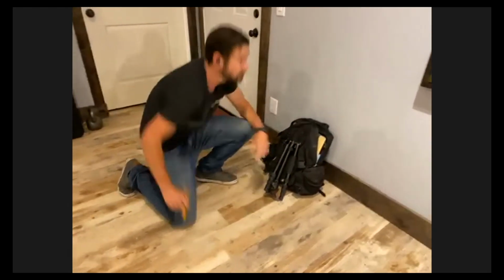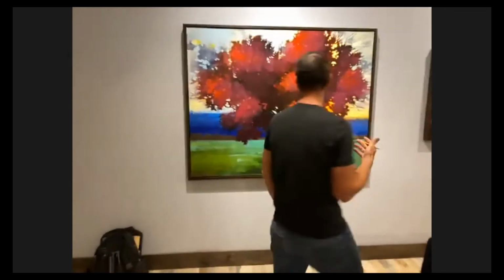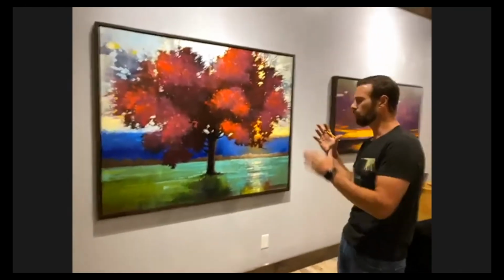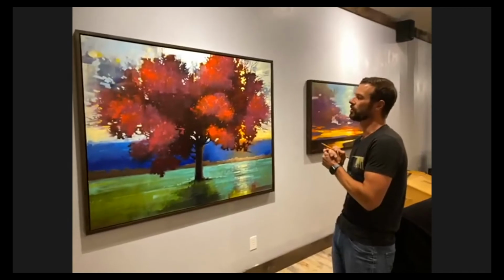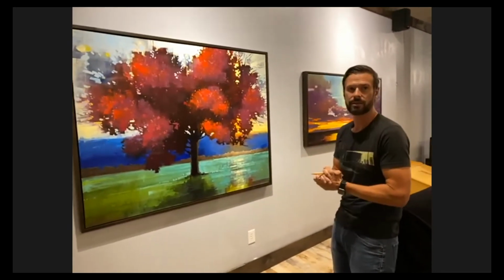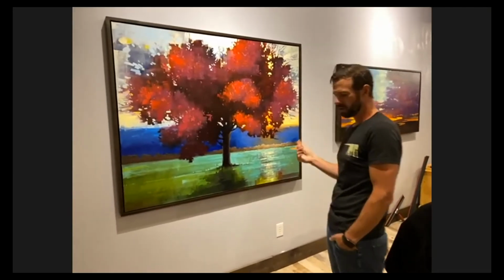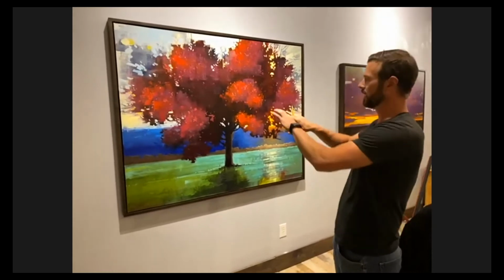So, back to the tree paintings. I want to talk briefly about where my style has evolved and what inspires me with my current series of the tree. So this piece, I'd say, is really strongly based on an old black and white tree